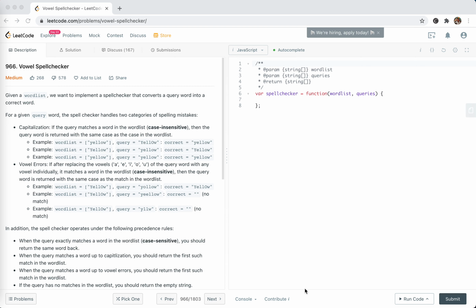This is JSer. In this video, let's solve 966 Vowel Spell Checker from LeetCode. Given a word list, we want to implement a spell checker that converts a query word into a correct word. For a given query word, the spell checker handles two categories of spelling mistakes: